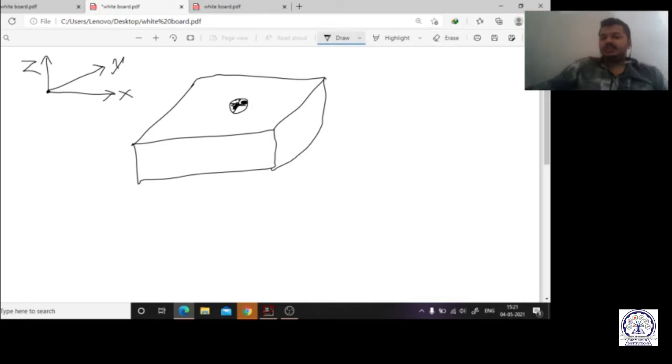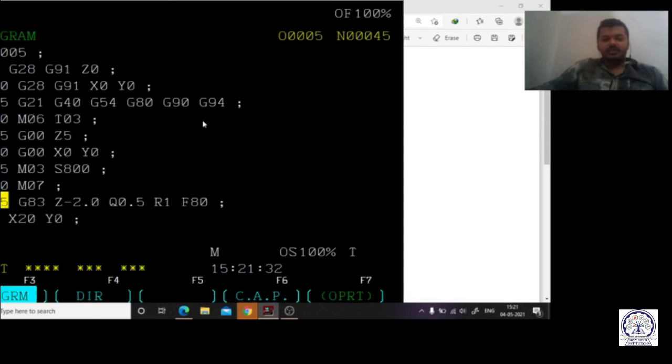Okay, and here I have given some points over here, over here, over here, and over here. So in the CNC machine, the coordinate finding is the most important thing. So as all of you can see over here, here I have defined the Z8 G83 Z minus 0.2. The depth is always given in the negative side. Q 0.5, incremental depth is 0.5, retraction is 1. So the total depth I am going to take as 2 millimeter.